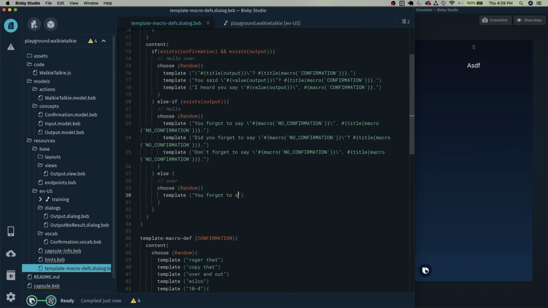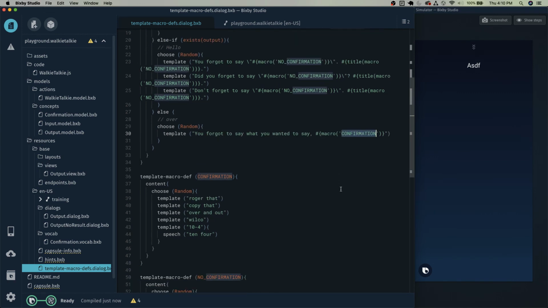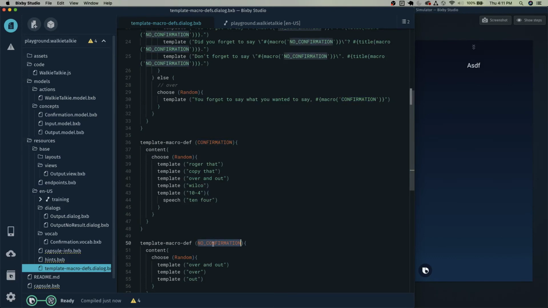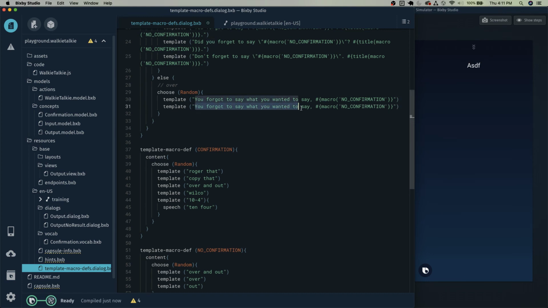And for the first one, you forgot to say what you wanted to say. Macro confirmation. Make sure to have the brackets and stuff in the right place. A cool thing here you might notice is that you can actually reuse these macros, which is very helpful. In this case, despite this being called the no confirmation, it makes sense to use over and out here instead of Bixby telling you something then saying roger that as if it understood it, because that's not what's going on here. So you forgot to say what you wanted to say, and then let's copy paste this